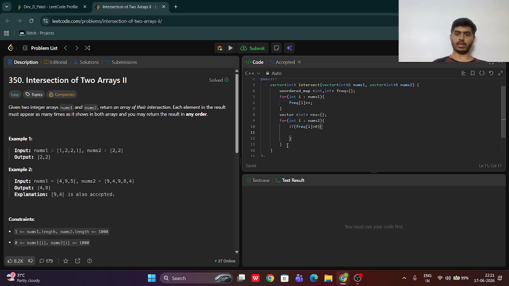If the frequency of i is greater than 0, this means that i is an element from nums2 and that element is present in this unordered map. And since the unordered map contains elements from nums1, it means i is present in both nums1 and nums2. So we are going to add this element into the resultant vector using push_back, and now decrement the frequency of that element